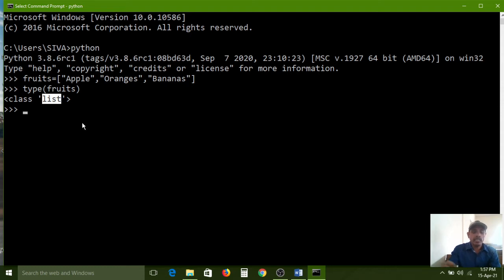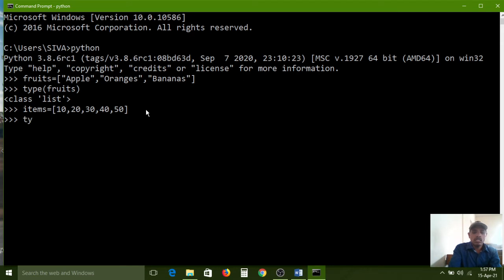So like that, I am creating an items list in between square brackets: 10, 20, 30, 40, 50. Like that, 5 elements I have stored in items, and press enter key.